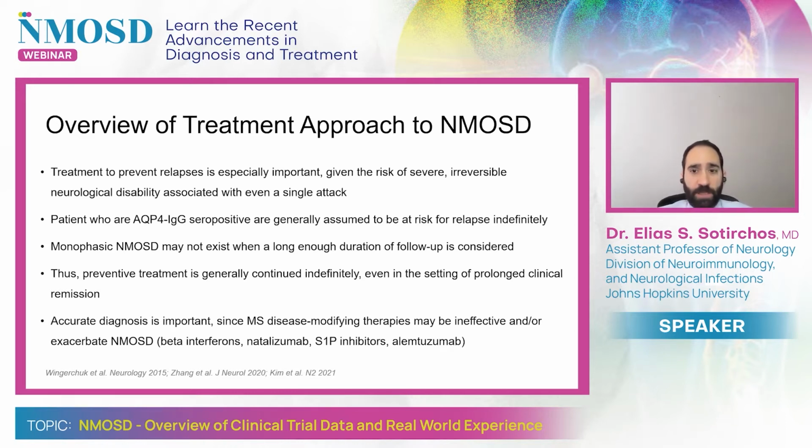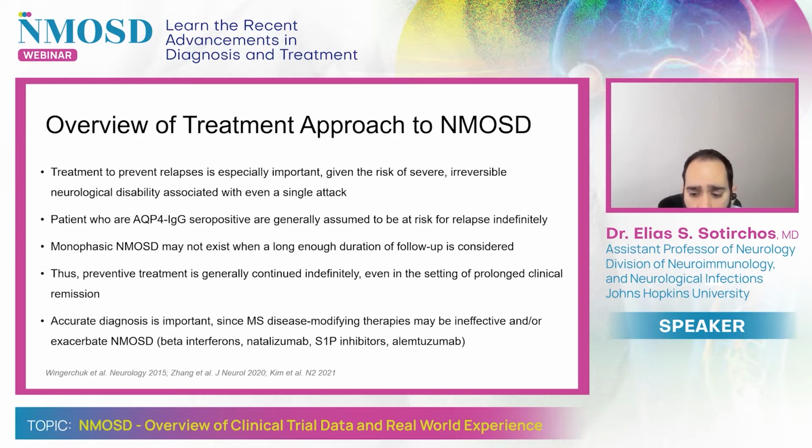So a relapse can often, even with treatment with steroids and plasma exchange, recovery can be poor. So this is really the main focus of therapeutics in NMO at present, to prevent the relapse from occurring in the first place, especially given that we have the absence of therapies that can promote neuroregeneration and improve outcomes following a relapse and recovery. So in terms of the treatment approach, I think that it's important, first of all, to